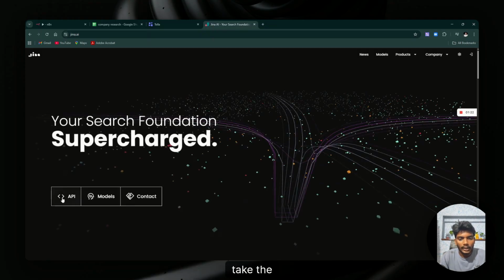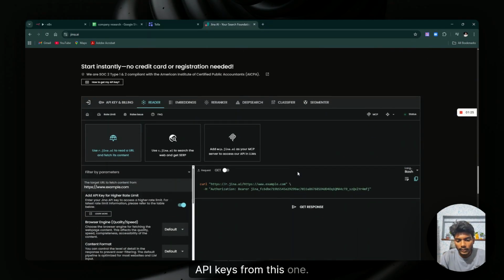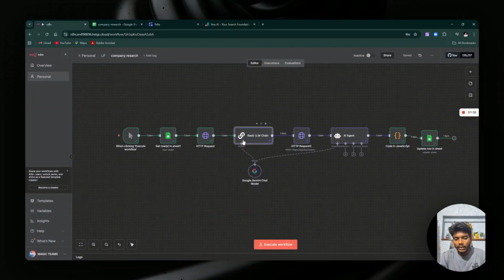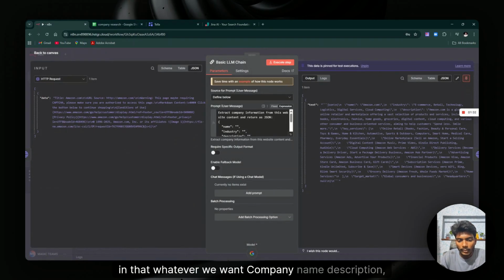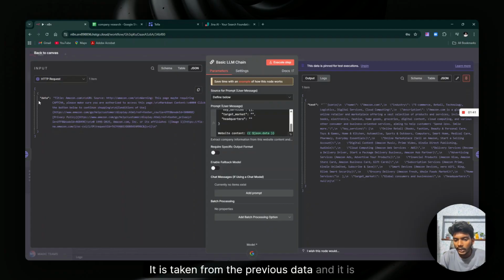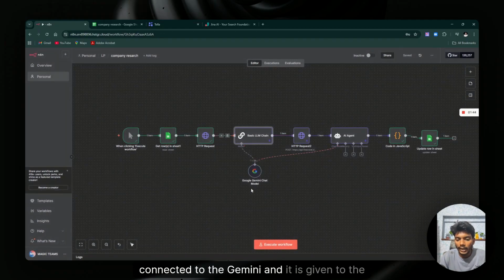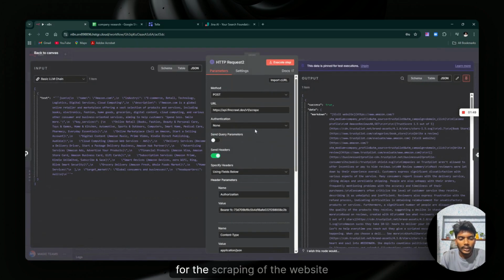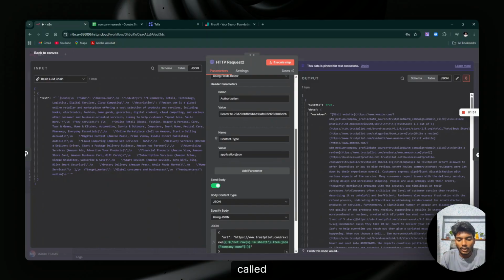We have to take the API keys from this, and after that we connected a basic LLM chain. In that, we want the company name, description, keywords, target market, headquarters and the website content. It is taken from the previous data, connected to the Gemini AI, and given again to Jina AI for scraping the website called